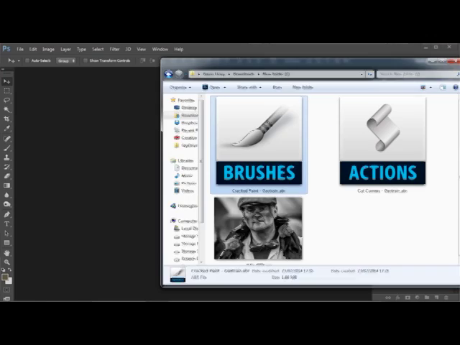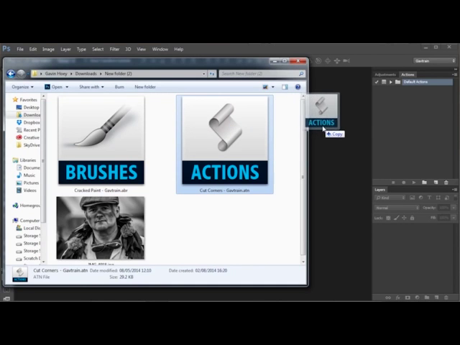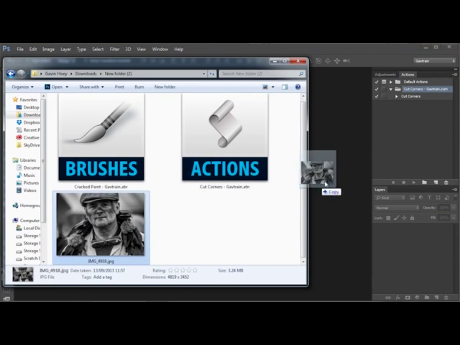Yep, it's that easy. Don't believe me? Well, let's do it with the action and show you here. Notice there are no actions, just the default ones. Well, I can drag my cut corners actions and drop it into Photoshop and it instantly loads them in. How easy was that? Now we need a photograph, of course, and this will work with any photograph, but this